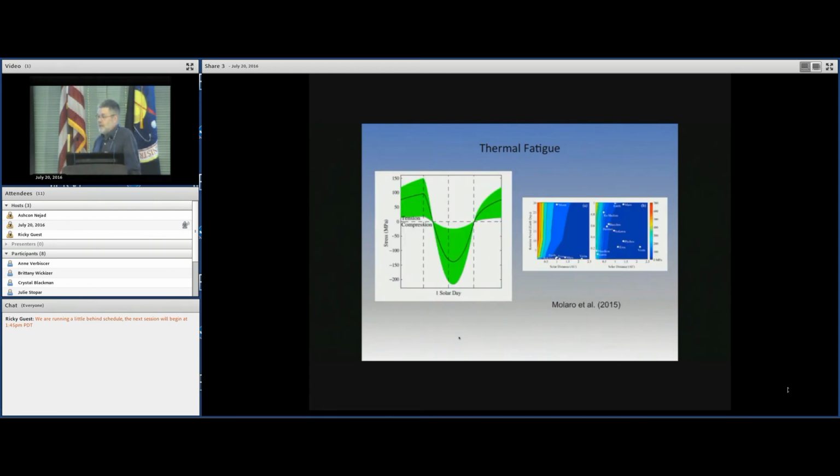The question is whether it works on just asteroids, whether it also works on the moon. Jamie Molinaro has done some studies where he looked at the compression and tension induced by thermal stresses over the course of a day on the moon, and you can see they become quite high, and you can certainly fracture a rock with those kinds of stresses. He also looked at what happens as a function of distance in the solar system. This is from 0 to 2.5 AU,